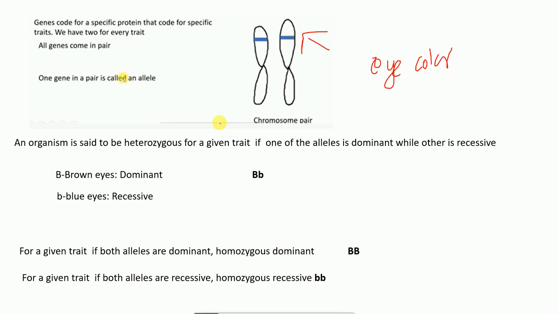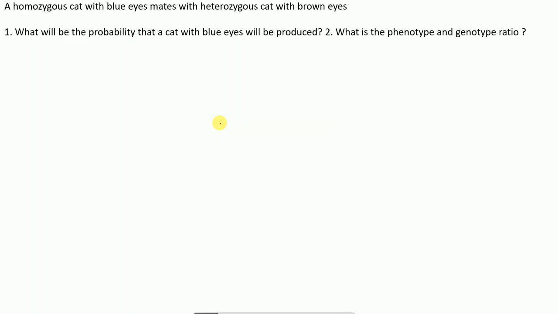Now towards the question. A homozygous cat with blue eyes mates with a heterozygous cat with brown eyes. What will be the probability that a cat with blue eyes will be produced? And what is the phenotype and genotype ratio? To solve this question,